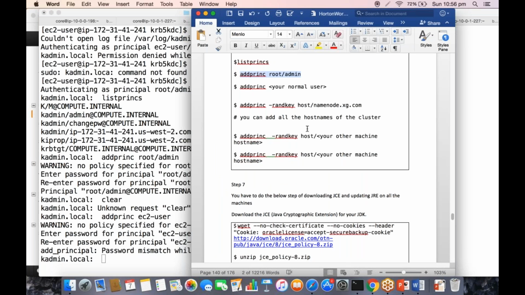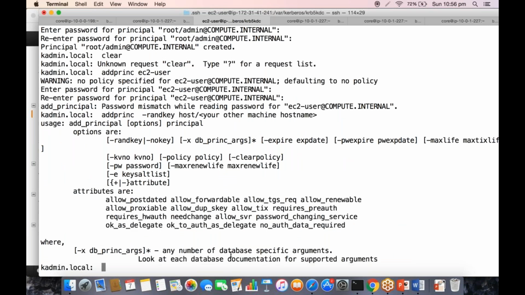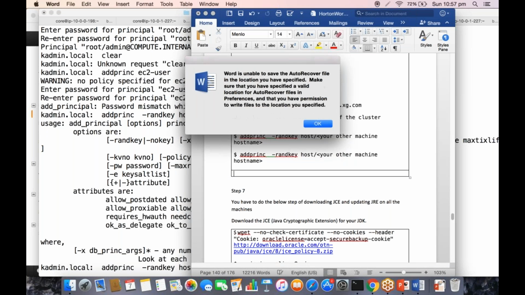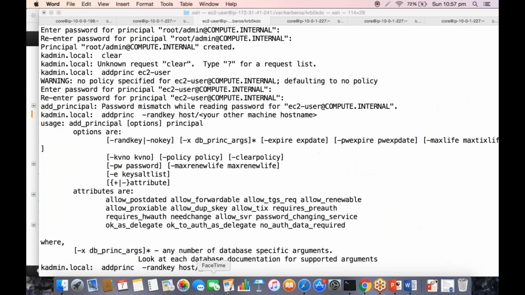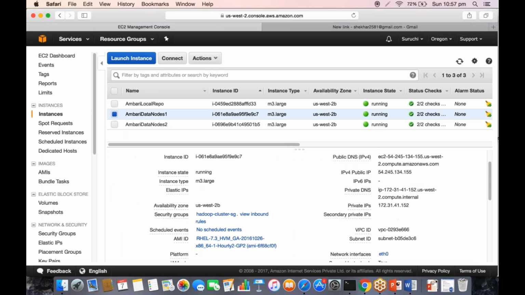Now we can add all the host names of the cluster. So we can say host slash your other host name. So let's add our other host names as well. Add principal host slash other host names. Let us go back. Our other host name, Ambari Data Node 1 private DNS.